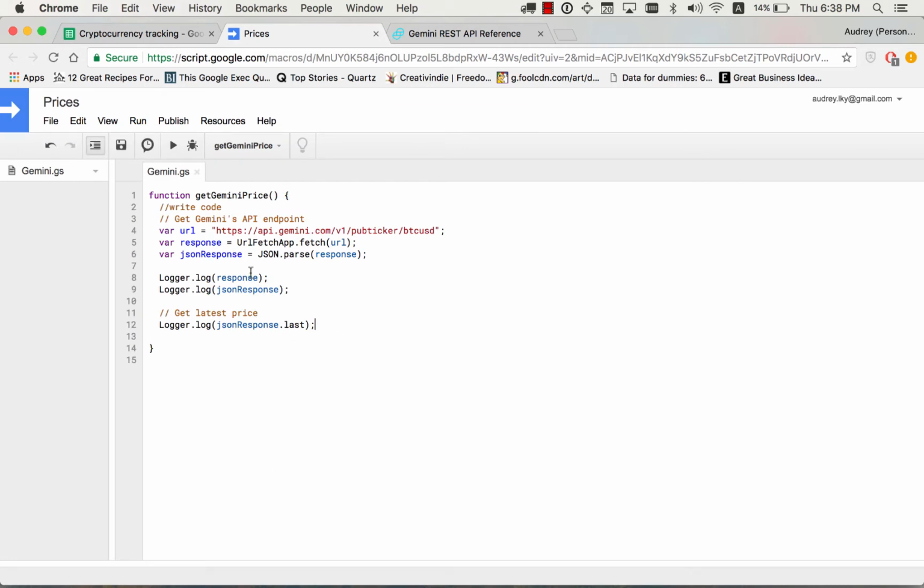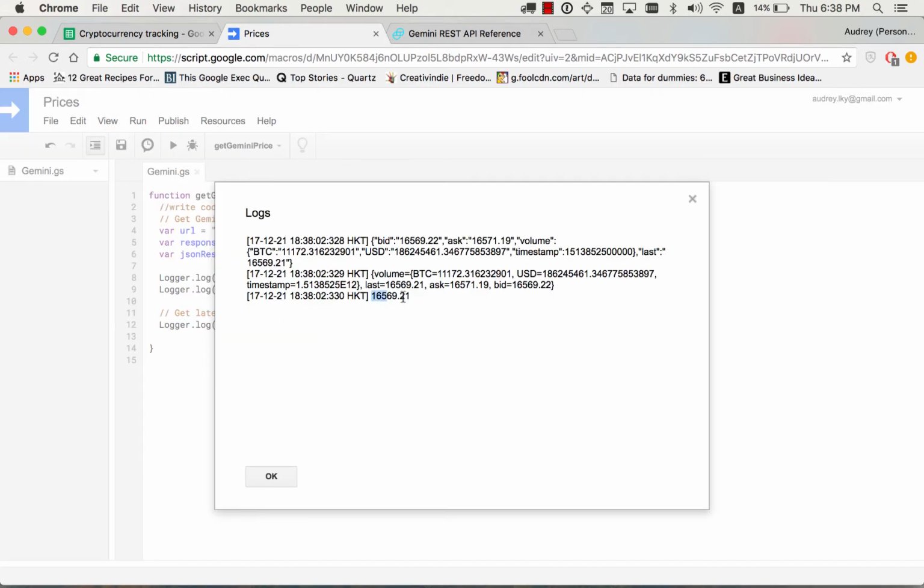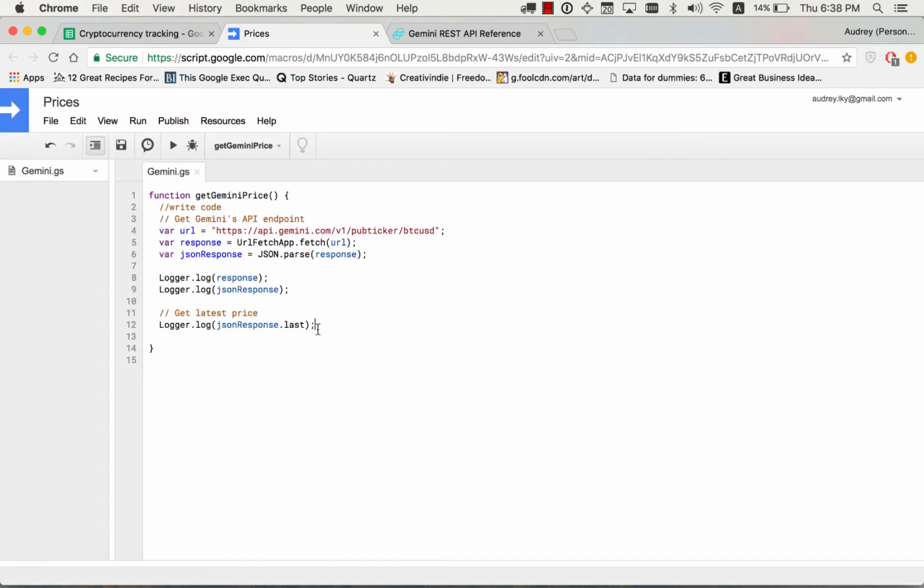Let's give it a try. Let's run, and let's see. Awesome, this is what we want. We are getting the latest transacted price right now. So the way to actually return the value to the Google Sheets later on is by writing return